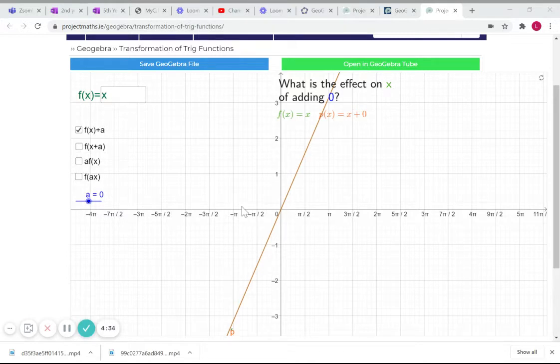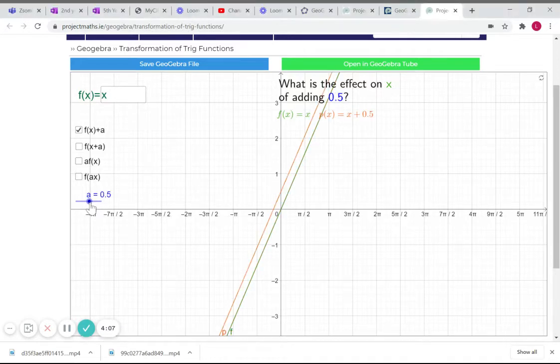So the first thing we're going to look at is f of x plus a. So you have your function here. I've just put in the function of x, which is a straight line, where y is equal to x. And you can see here that f of x plus a, where the a is outside of the bracket, is only going to change the y value of the line. So what's going to happen is if I let a equal to 1,